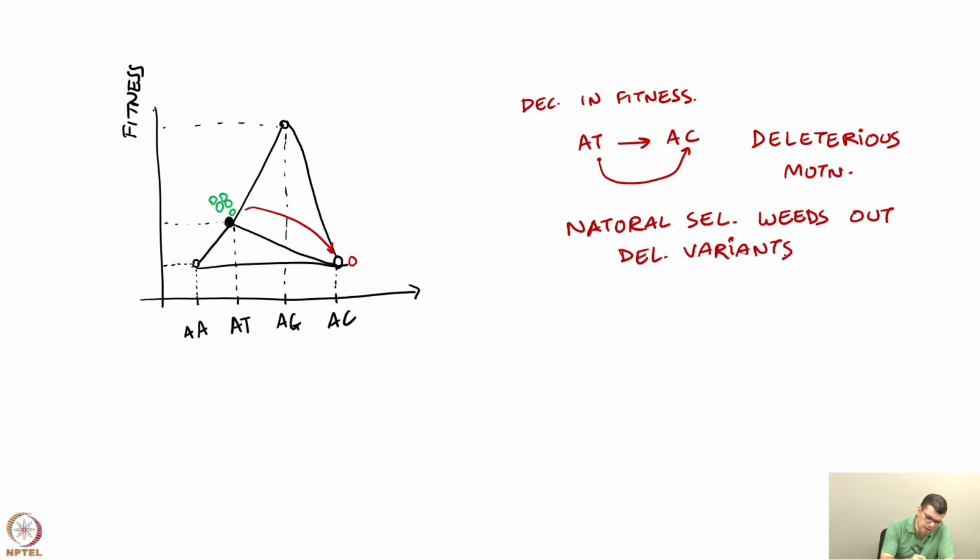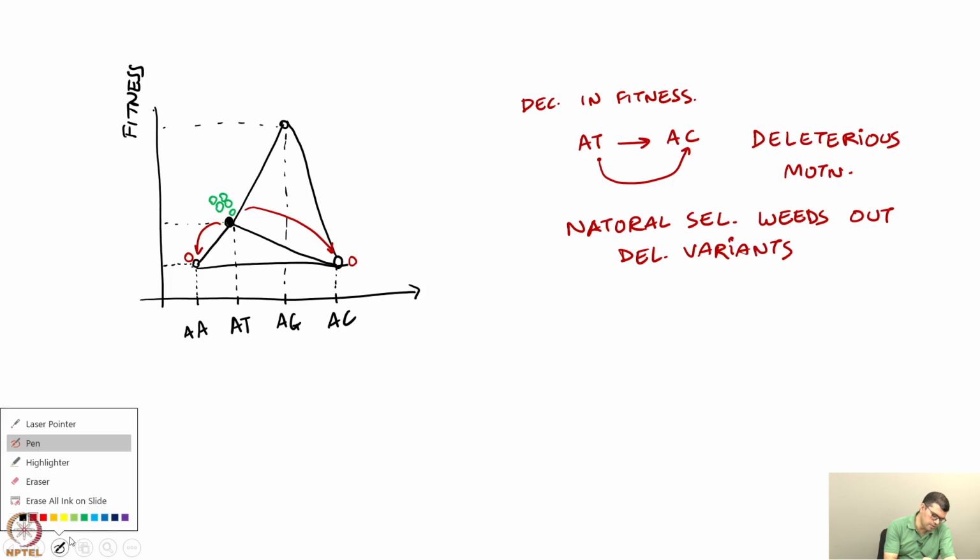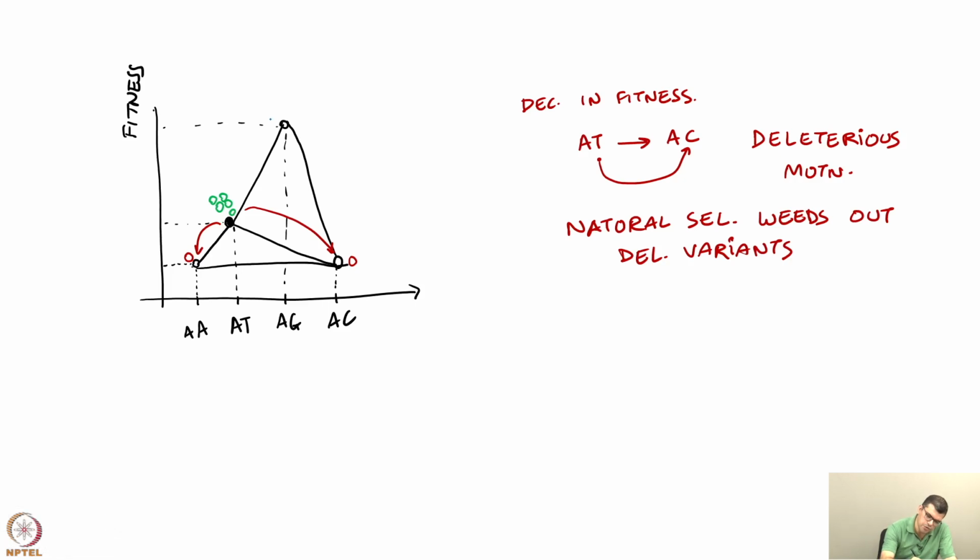And the same story is going to happen if one of the individuals acquires this mutation such that an offspring with genotype AA is born. In that case also, this leads to a decrease in fitness. This is also a deleterious mutation, and hence natural selection will get rid of the AA individual from the population. However, eventually one of the individuals is going to land up at this particular genotype. Because it is Hamming distance 1, a beneficial mutation will take place such that an individual with genotype AG is born. So, from AT